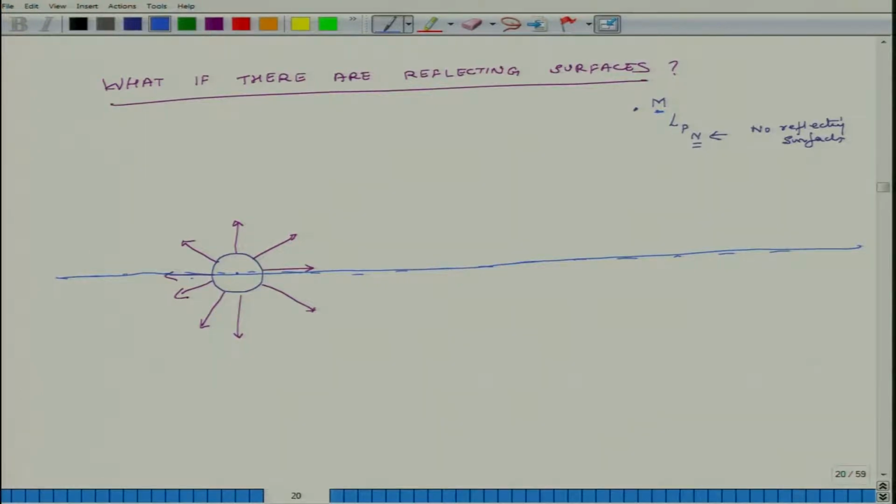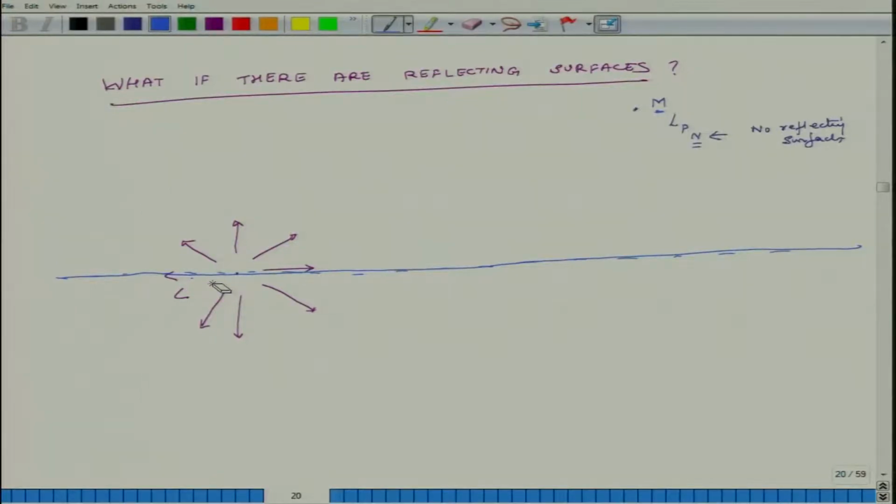So, what that means is that if I split a sphere into a top and a bottom half, the lower half has no influence, and I introduce a reflecting plane going through the center of the sphere, that has no influence on the reading of the microphone, right. Not because it is going through the center of the sphere. If the reflecting plane was here, then it would influence the reading, but because it is going through the center of the sphere, it does not have any influence on the reading of the microphone,